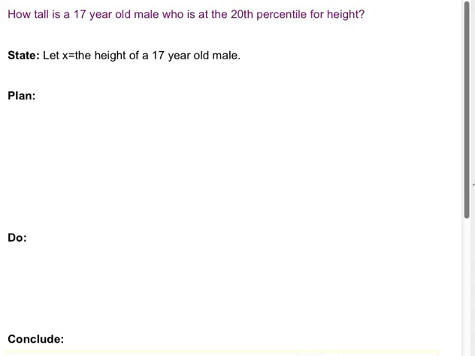How tall is a 17-year-old male who is at the 20th percentile for height? Okay, so X is once again going to represent the height of a 17-year-old male, but this time we're being given opposite information. Okay, this time we have that same distribution. 1, 2, 3, 1, 2, 3 standard deviations. And we want to know what is the height at the 70th percentile, or sorry, 20th percentile. So that's going to be somewhere